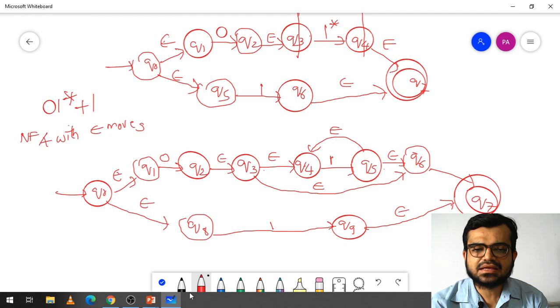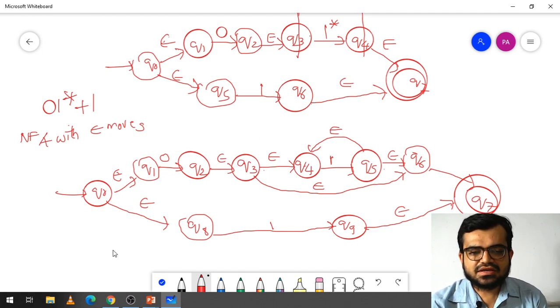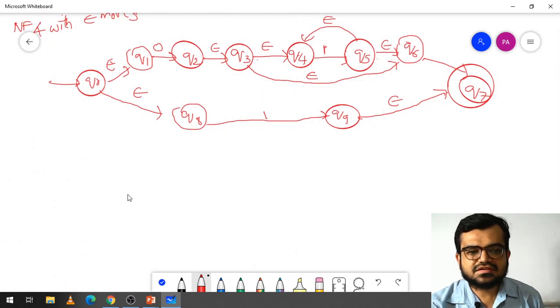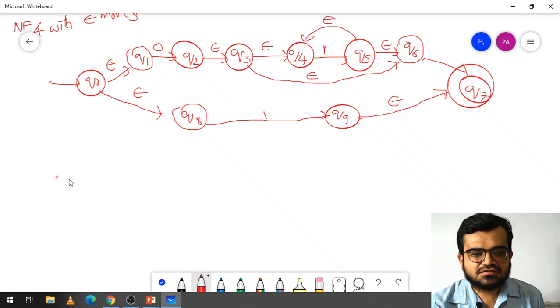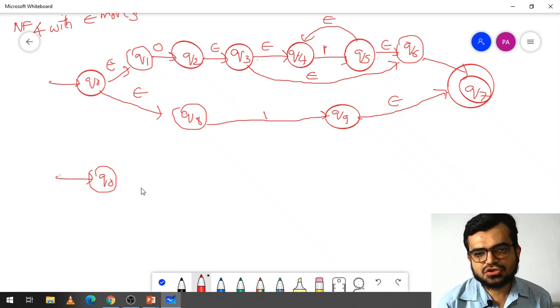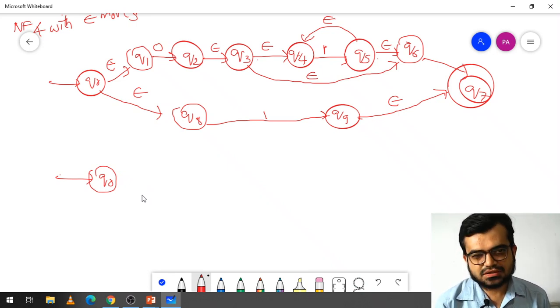So for example, we got this NFA with epsilon moves. Now we need to convert this into one without epsilon moves. So how are we converting? Just see here what the procedure is. First I am taking Q0, right? Now I shouldn't take epsilons here. So what is the next value which I am taking here? It is Q1. That means now the 0 is there for Q1. So I am just taking it here as Q1, right?